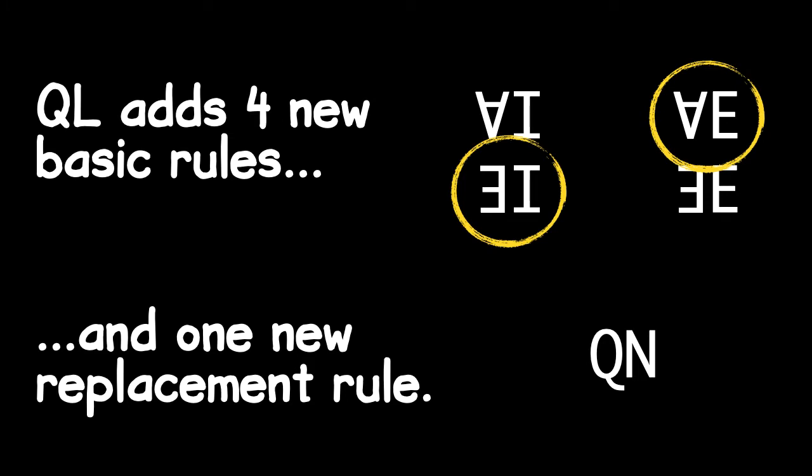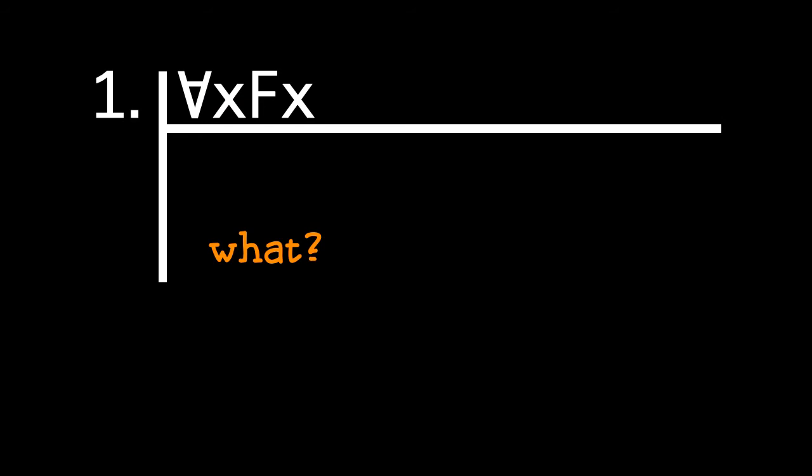It's going to cover the elimination rule for the universal quantifier and the introduction rule for the existential quantifier, because those are 2 of the easier rules that we're going to have to add. Let's start with universal elimination. Suppose you have for all x Fx on line 1. What can you conclude? That is, if you were going to eliminate that universal quantifier, what should you be allowed